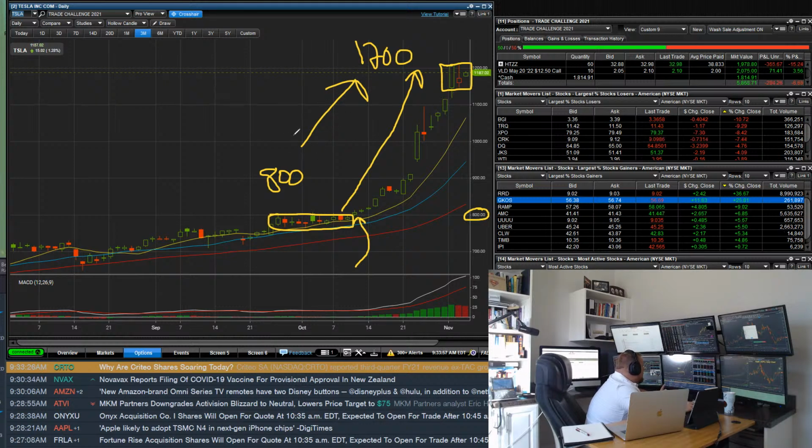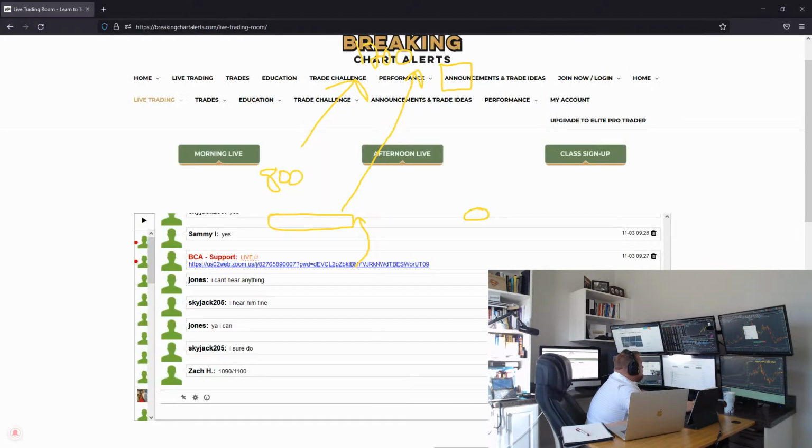We ended up doing a trade idea on Tesla. It was an out-of-the-money vertical spread. It was like the 1190, 1200, or no, it was the 1095 or 1090, 1100 vertical spread. I'm not sure. Zach Honka, you got into it. Yeah, there you go, the 1090, 1100 vertical spread. What'd you make on that, Zach? What was your percentage gain? I remember,